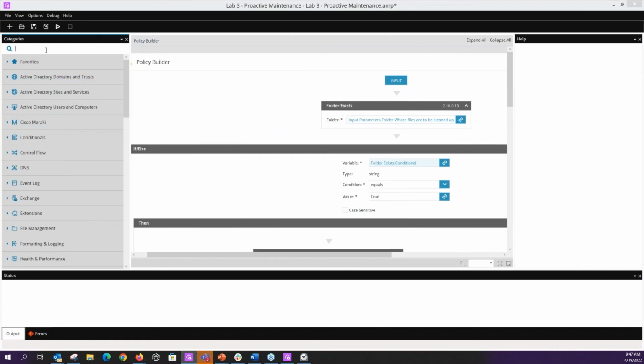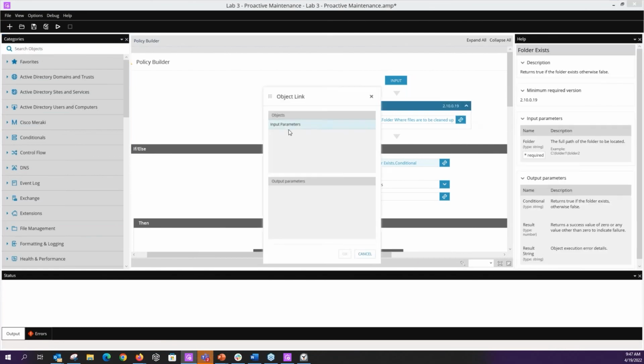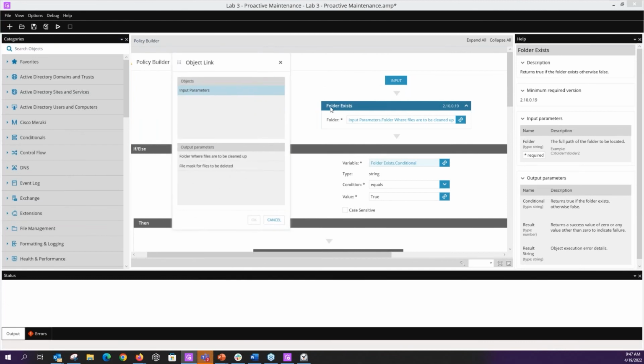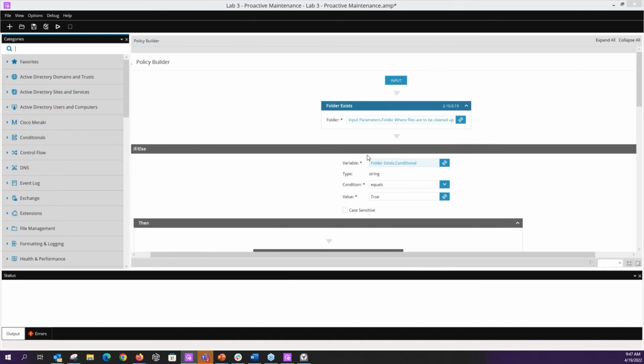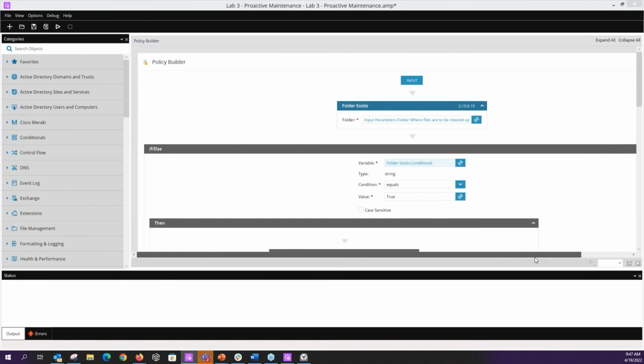Then we're going to drag and drop folder exists. Now what we're going to do is link, sorry, let me move this over. Where does that folder exist? This is the folder where files are to be cleaned up. Then we're going to drag an if-else statement. Now I'm going to close the help file to give it a little more room. So as you can see here, if else, I'm going to drag that in and then it's going to present me this folder exists. Again, I'm going to link